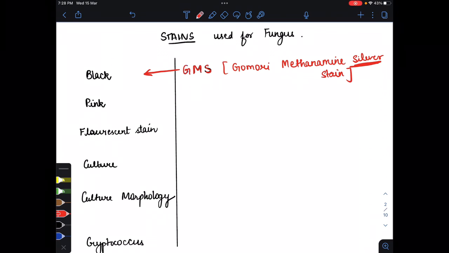Now whenever we see a slide which is pink in color, then it means the stain used is PAS stain. Now what will the stain be if the slide is whitish in color,